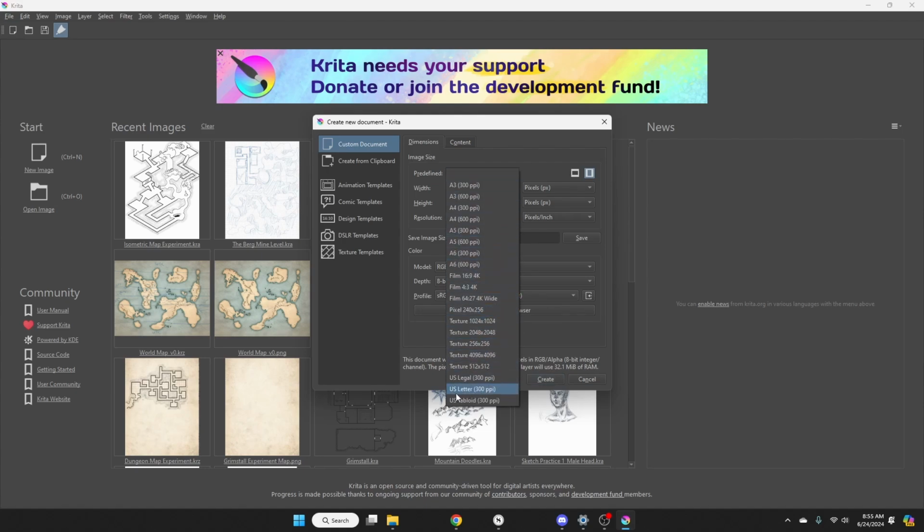I usually go with this US letter 300 ppi because that's the size of a typical sheet of graph paper. 300 ppi, or pixels per inch, is the standard resolution for most images as well, and when you're working in a virtual tabletop, you don't need anything that's a higher resolution than that. In fact, higher resolutions are going to be bigger file sizes, which means they're going to download more slowly on the other end, meaning that your players are going to experience a delay when they open up maps with a